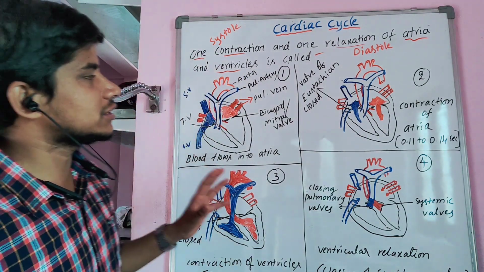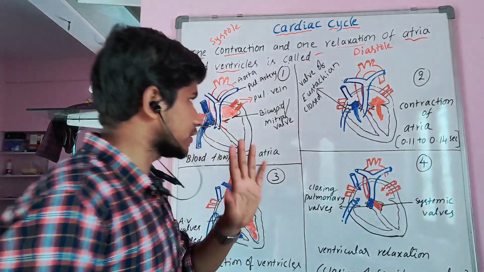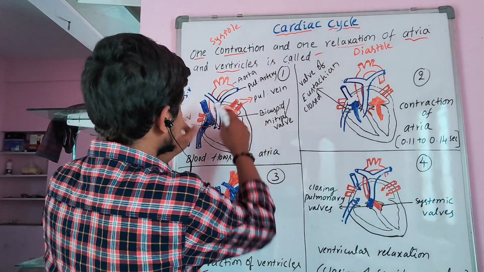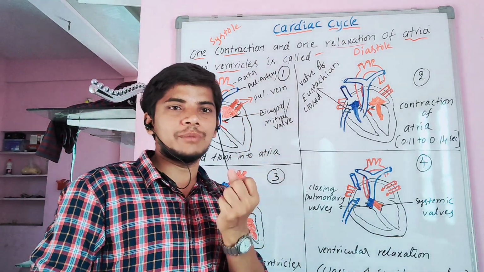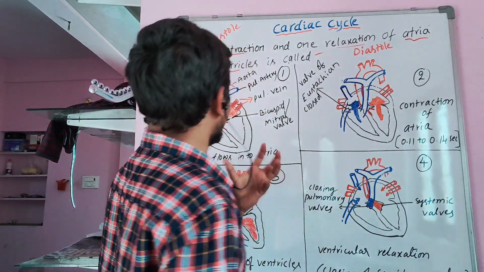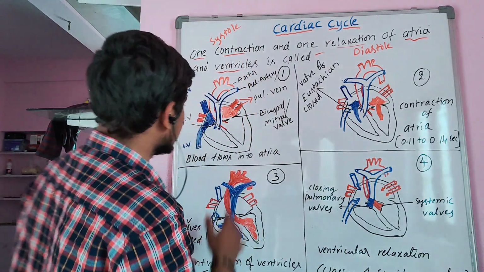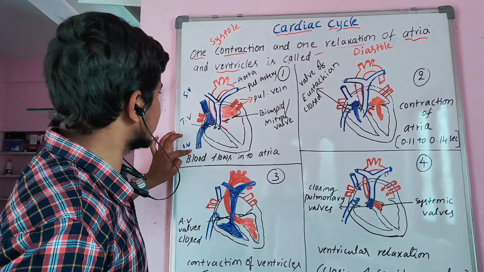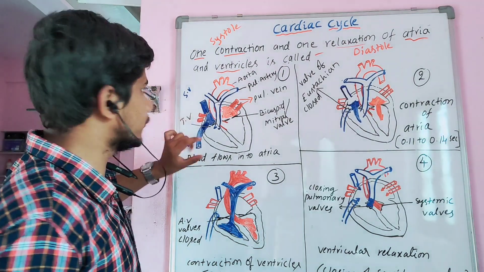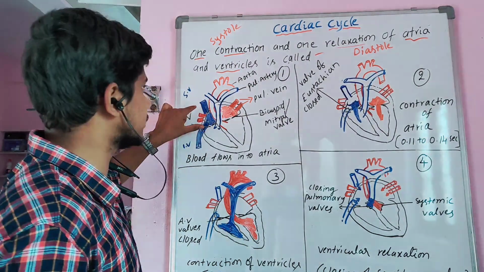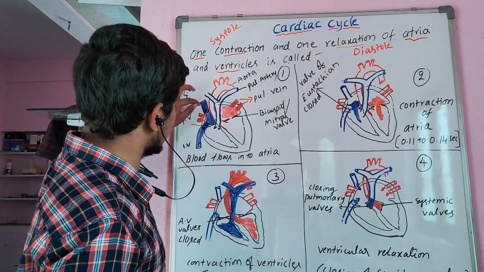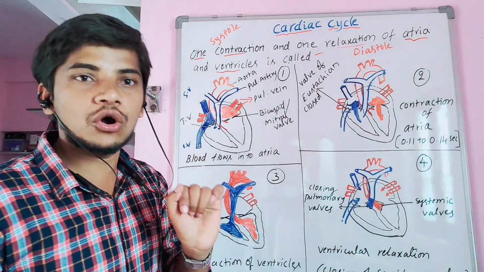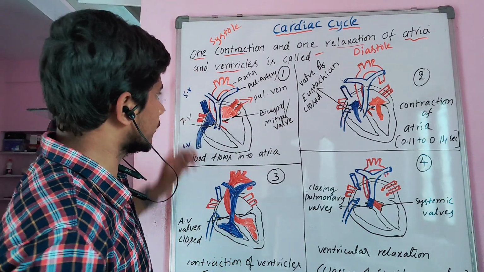Now just imagine that the four chambers of the heart are empty. From the various body parts, the blood is collected into the heart by the veins. We know that veins are blood vessels which collect blood to the heart, and arteries carry blood away from the heart. In the first diagram you can see the superior vena cava and inferior vena cava collecting the blood. Which blood? Deoxygenated blood. We'll use the blue color to show the deoxygenated blood. These two open into the right auricle, and the right auricle fills with the deoxygenated blood collected from the various body parts.